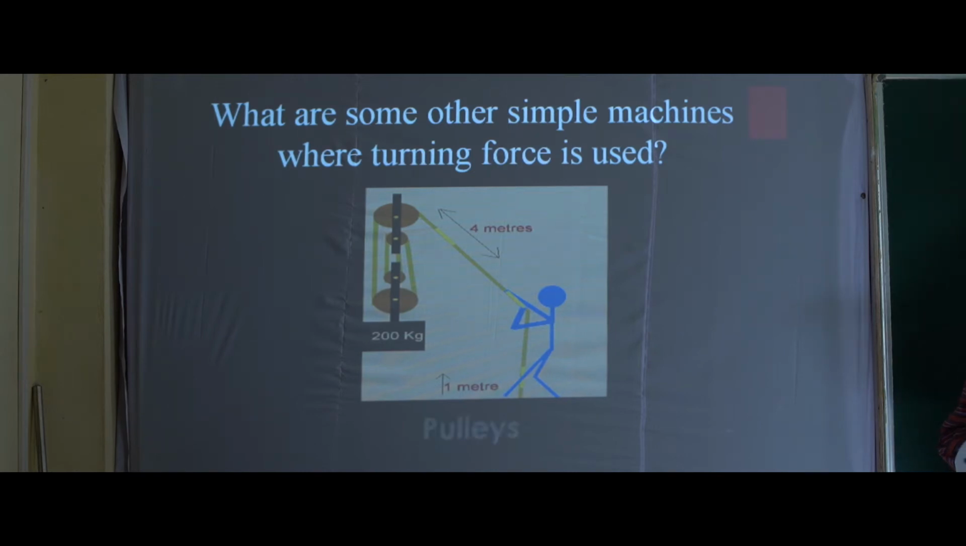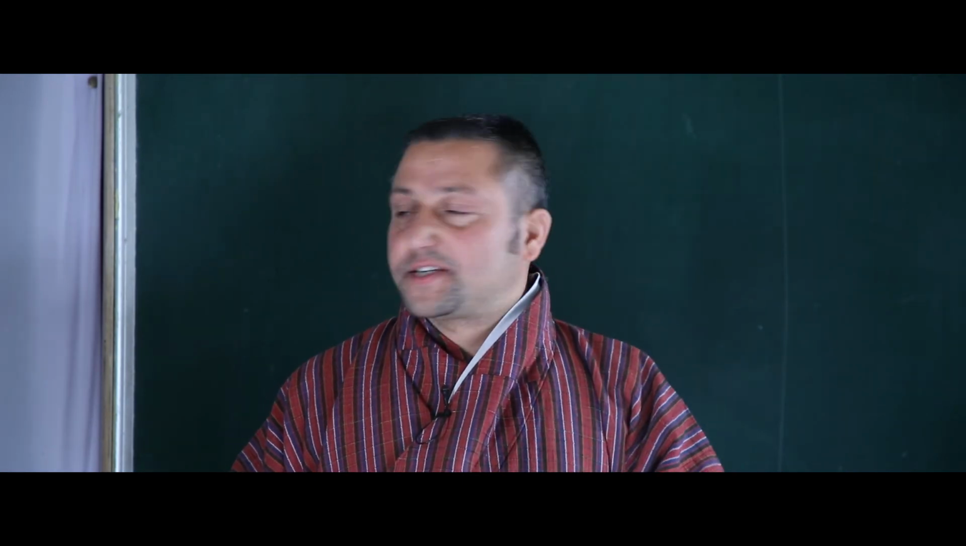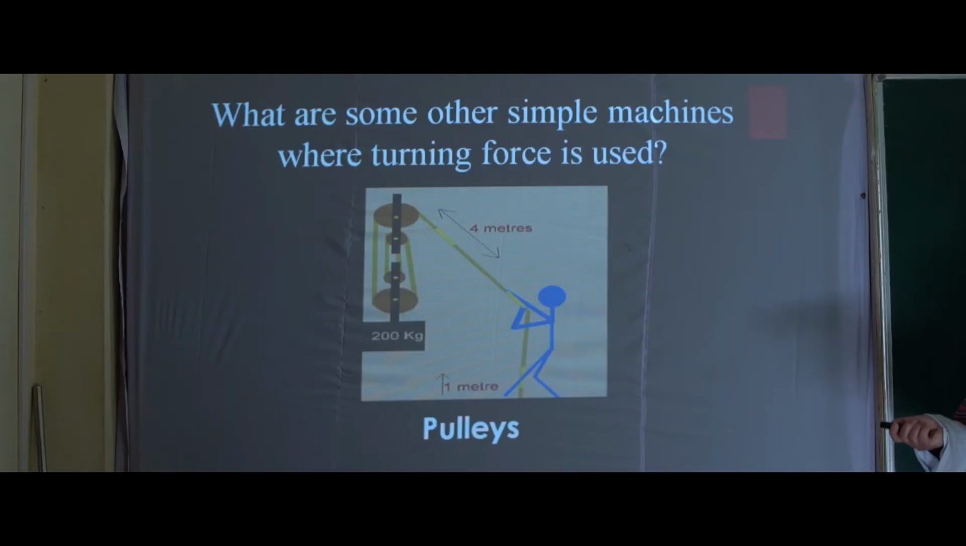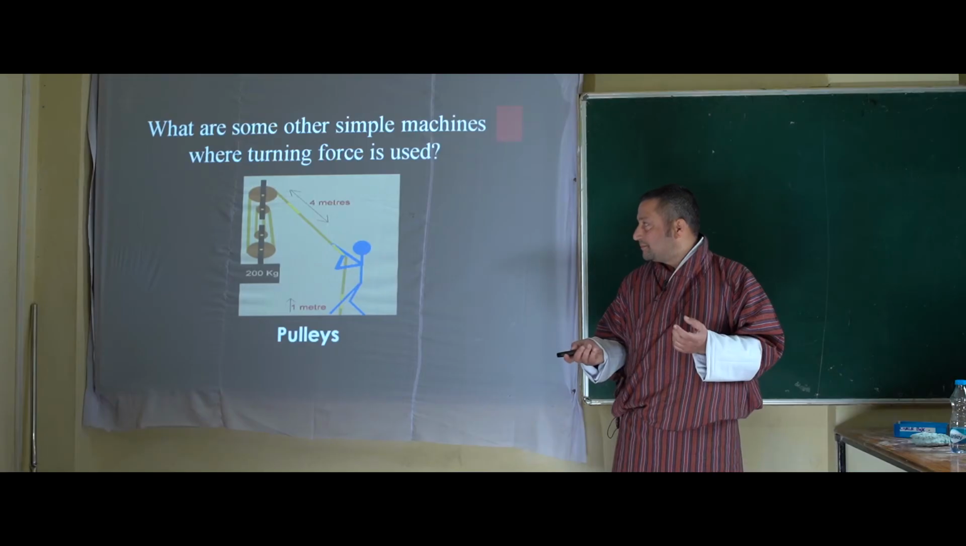You are correct. These are pulleys. So here you can see pulleys 1, 2, 3, 4. There are different kinds of pulleys that we will be learning in the higher classes. For you, just understand that these are pulleys, and you can see that the pulleys turn about a fixed point. That's why it uses the principle of turning force. Next,